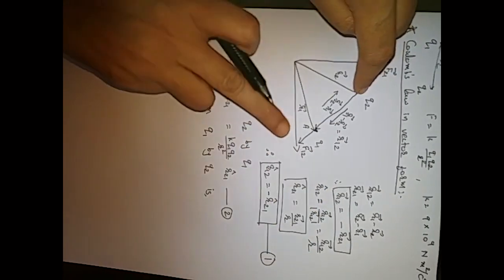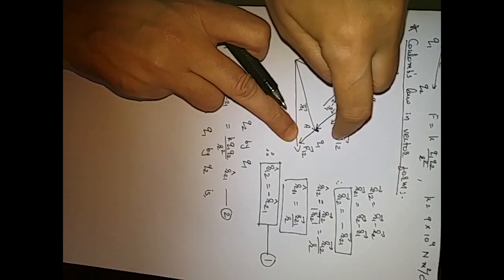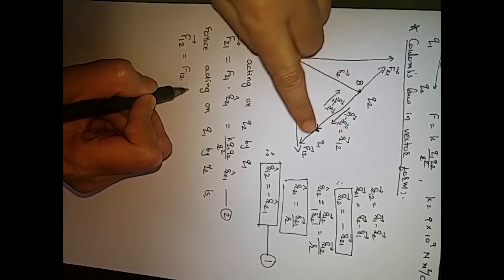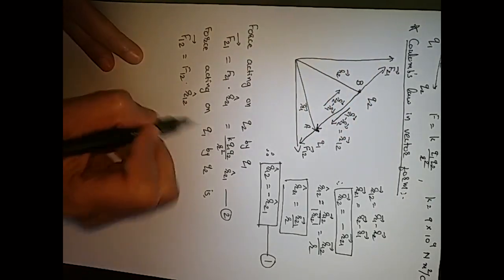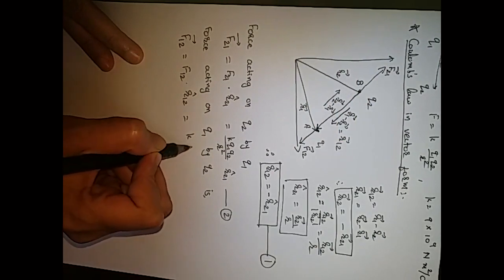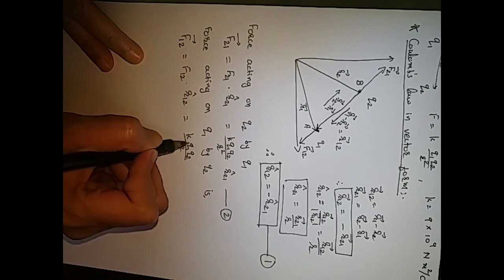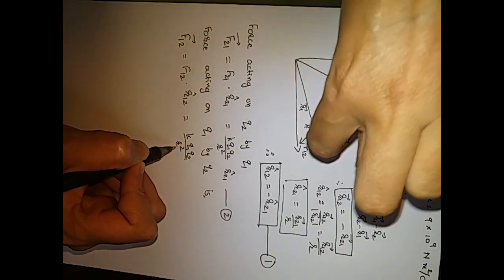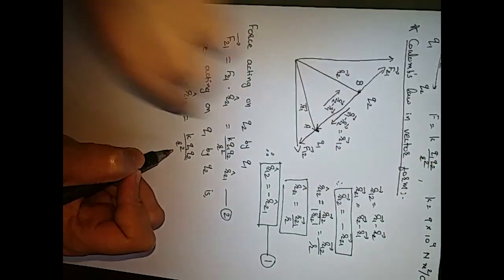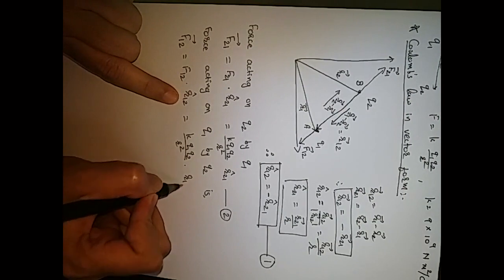So now you can see this F12 and R12, they are in the same direction. So to mention the direction I will use unit vector R12. So I can write it as K Q1 Q2 upon R square, product of the charges, divided by square of the distance. This distance between Q1 and Q2 is R. And to mention the direction it is R12.